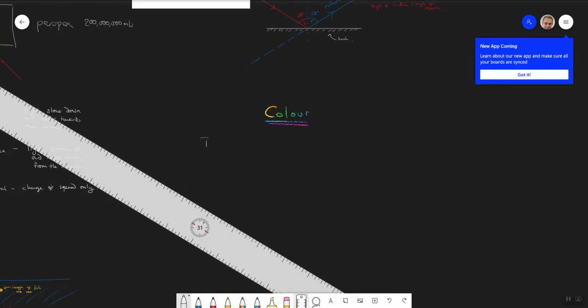White light is made from the color spectrum, which is in turn red, orange, yellow, green, blue, indigo, and violet. So white light is made up from all these colors,